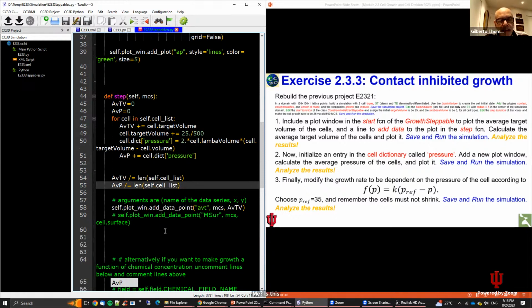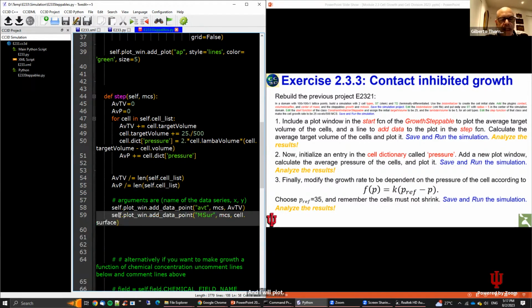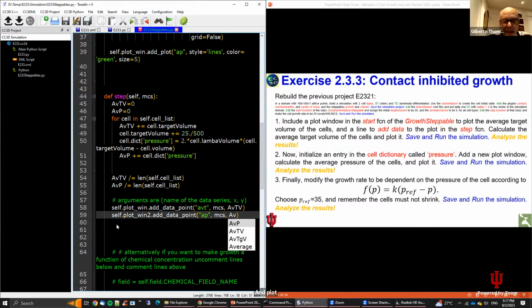And I will plot now the pressure in the second graph window that I call AP, and plot AVP. Okay,